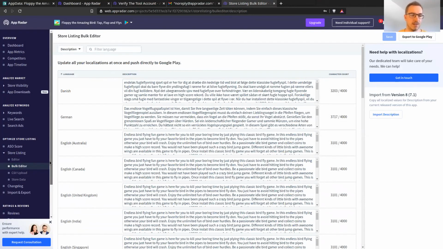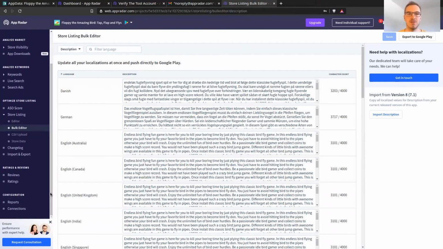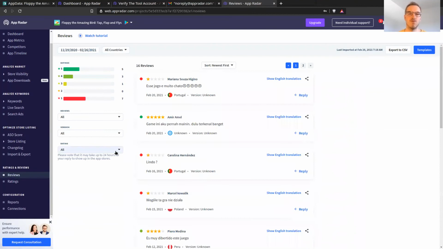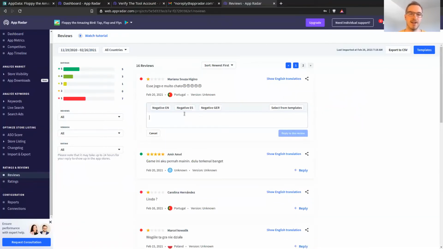And then coming to the last big section, I would say, of AppRadar is also the reviews management. So we have also the possibility to really read and reply to reviews. You can also use templates for reviews. And for doing that, basically, you just click here on reply. You can use, for example, the templates that you have here. Let's say I want to